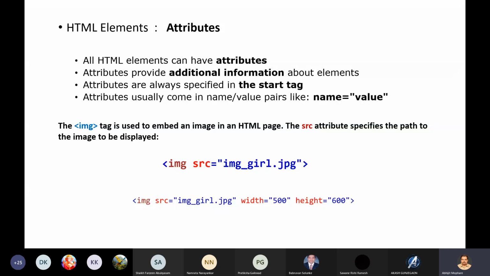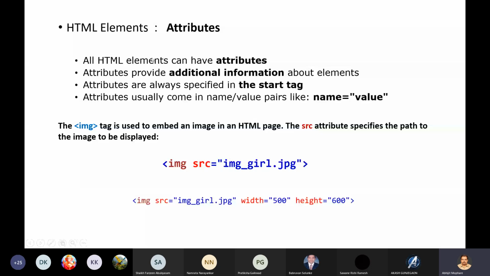An HTML element can have attributes. One of the important attributes is the style attribute, which has several CSS properties. Then we have the source attribute, width attribute, and height attribute. Color is not an attribute; it is a CSS property, but it comes under the style attribute.